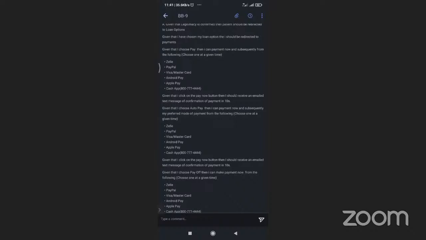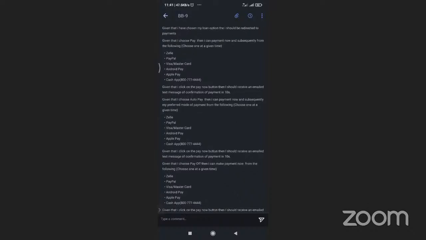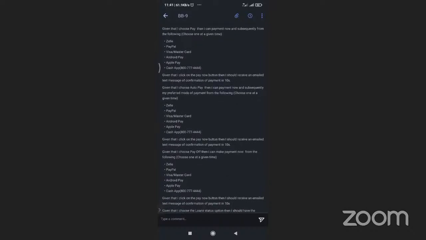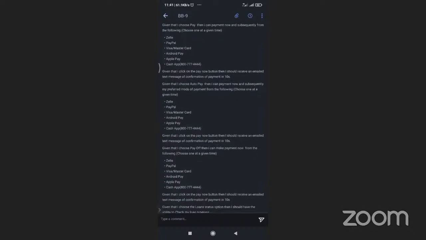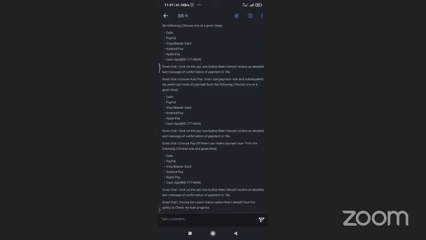Given that I choose pay, then I can make payment now and subsequently from the following: Zelle, PayPal, Visa or MasterCard, Android Pay, Apple Pay, Cash App. And given that I click on the pay button now, I should receive an email or a text of confirmation of payment in 30 seconds. And given that I choose autopay, then similarly I can pay via